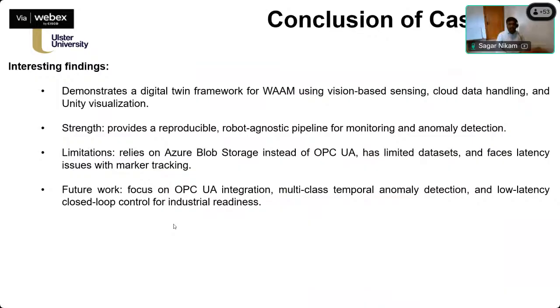The main strength is that you can monitor the physical assets in real time and also control them. The limitation is that you need to rely completely on cloud storage like Azure Blob. It's not very cheap to get into, so small or medium scale industries may not be able to afford it.